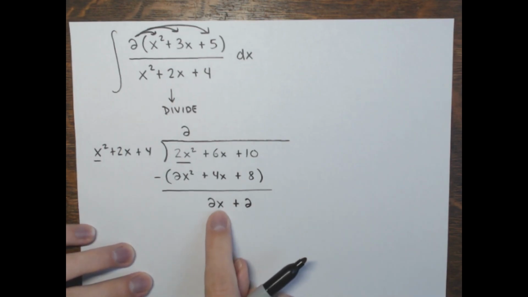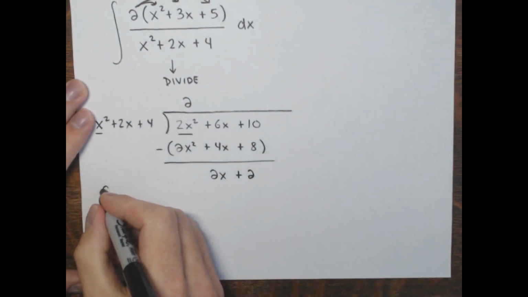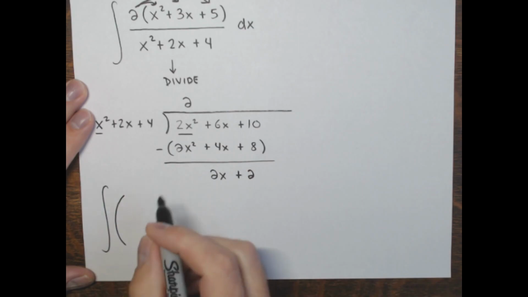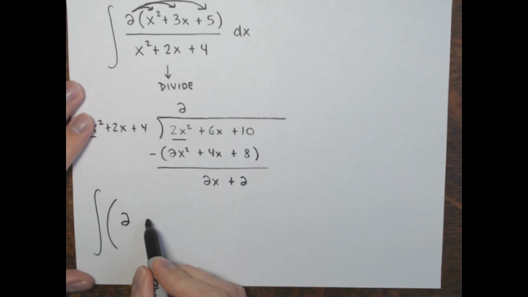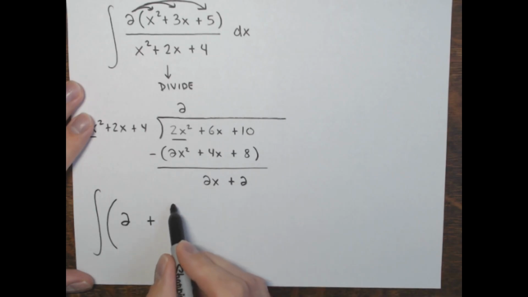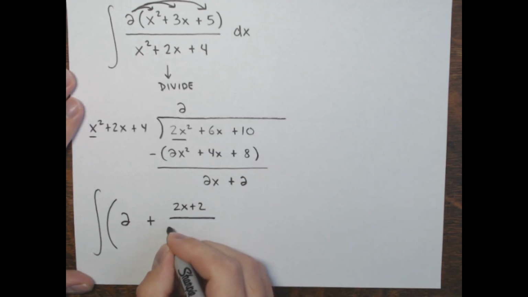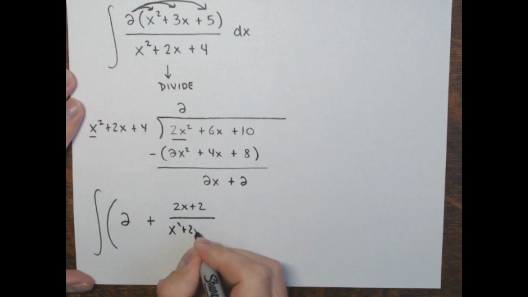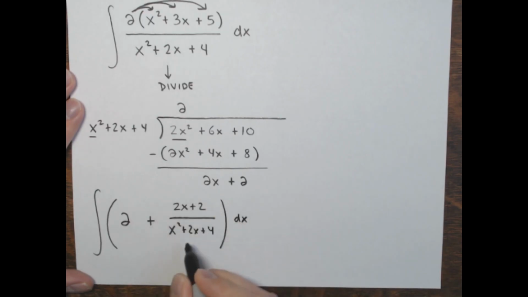And that's it, I'm done, right? I'm done with the division. This has a degree of 1, which is smaller than my divisor's degree. So now we have this integral, and I'm rewriting the fraction I started with as the quotient, 2, plus the remainder over the divisor, 2x plus 2 over x squared plus 2x plus 4. And this turns out to be very similar to what we've seen in the last couple